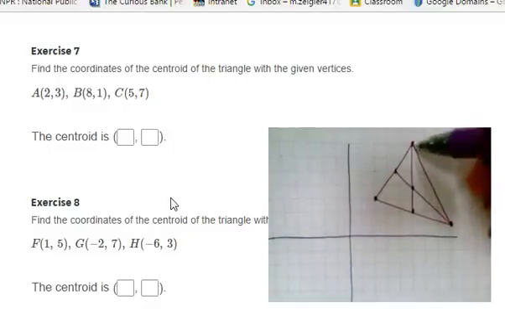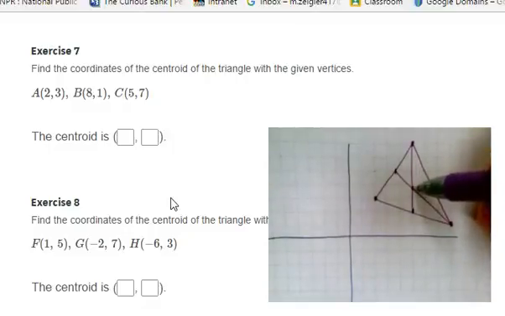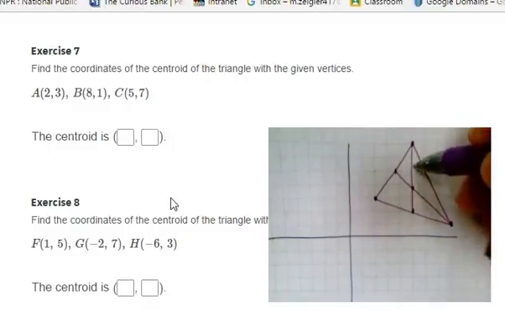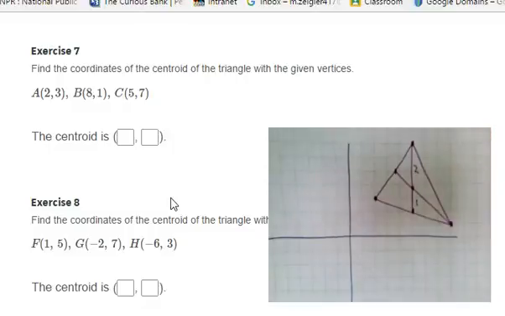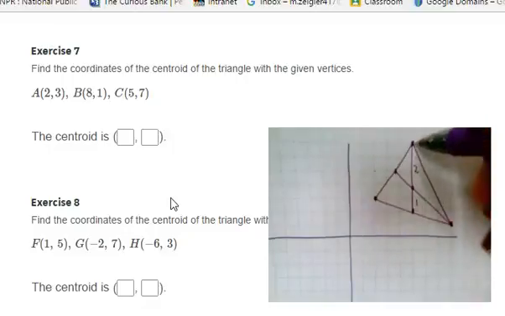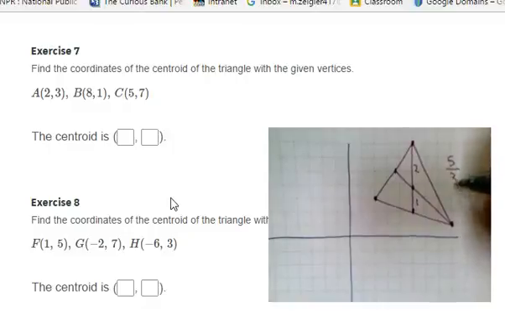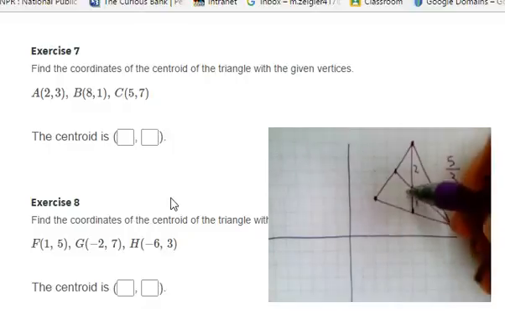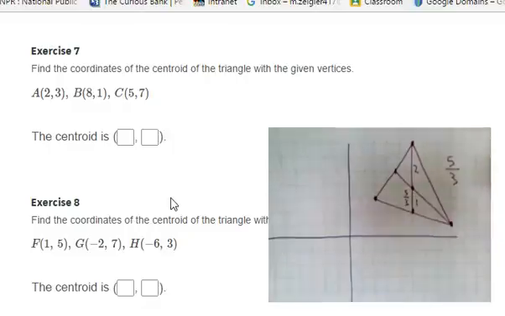The trick here is to figure out the actual coordinates for that point, because it's not even numbered there. It's not actually on the grid lines. But remember, it divides this median into two parts, one that's twice as long as the other. So we take the entire median length, 1, 2, 3, 4, 5, and divide it by 3, and 5/3 will be the length of this. Multiply it times 2,